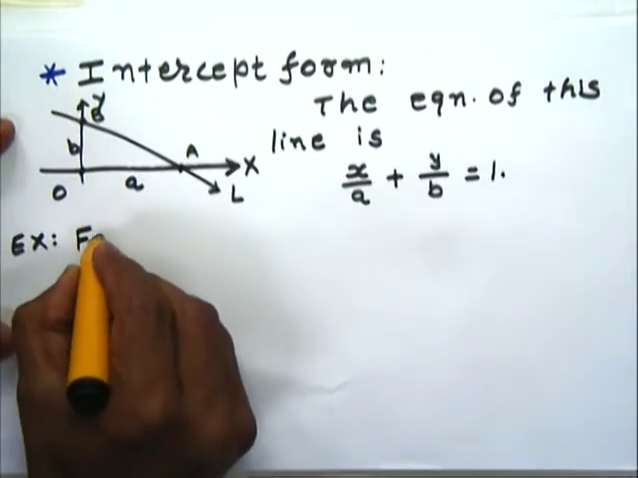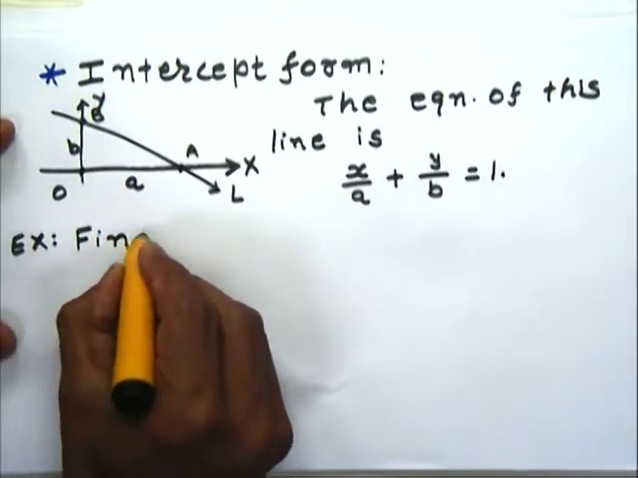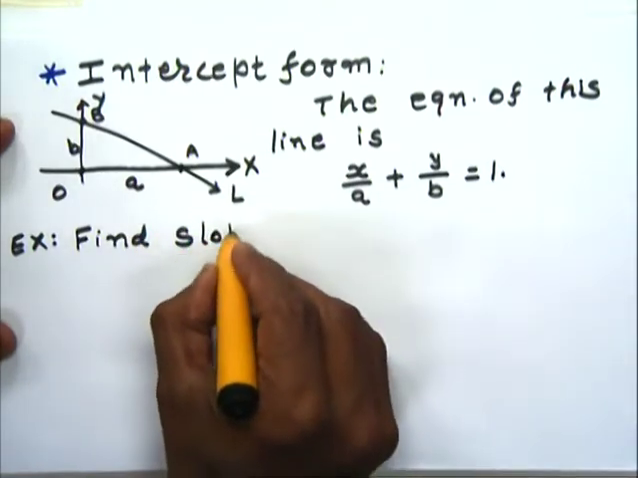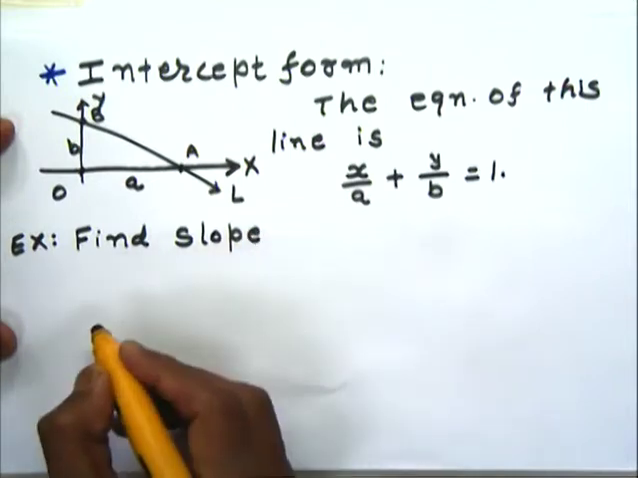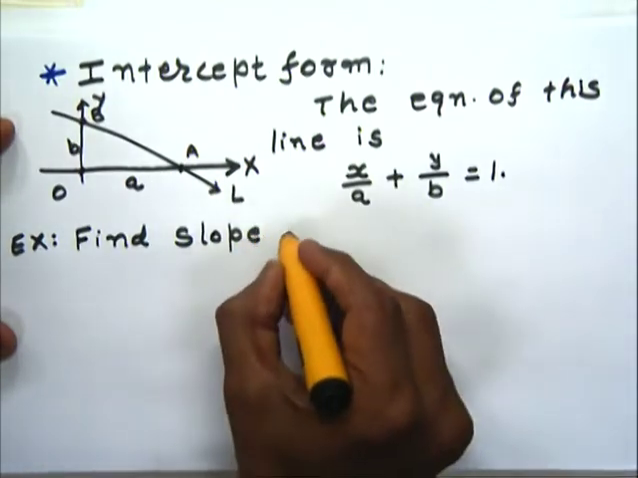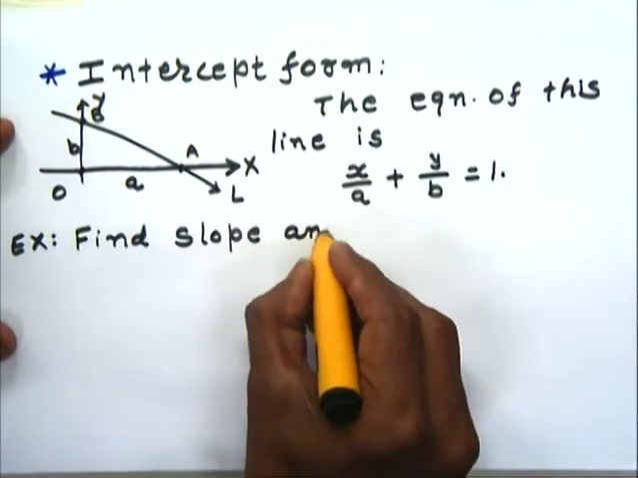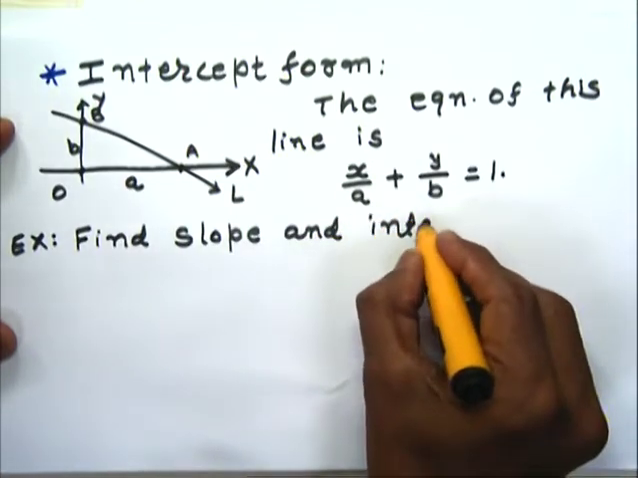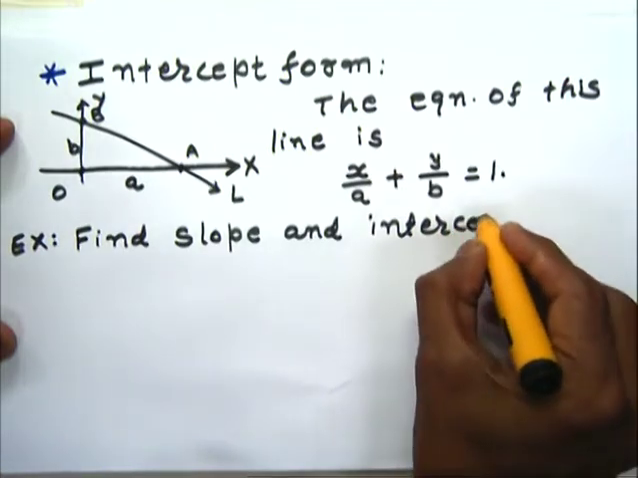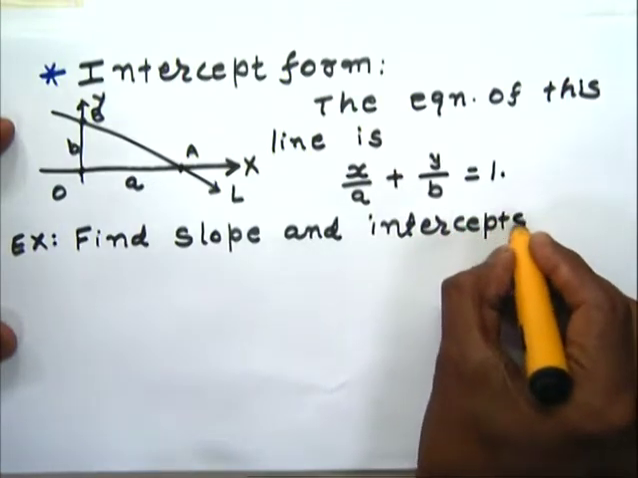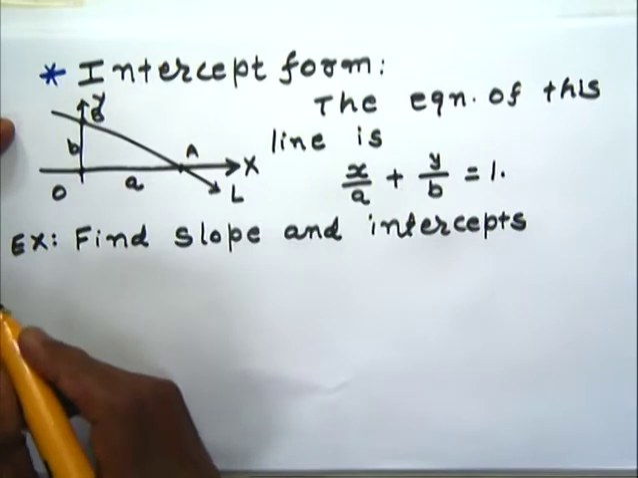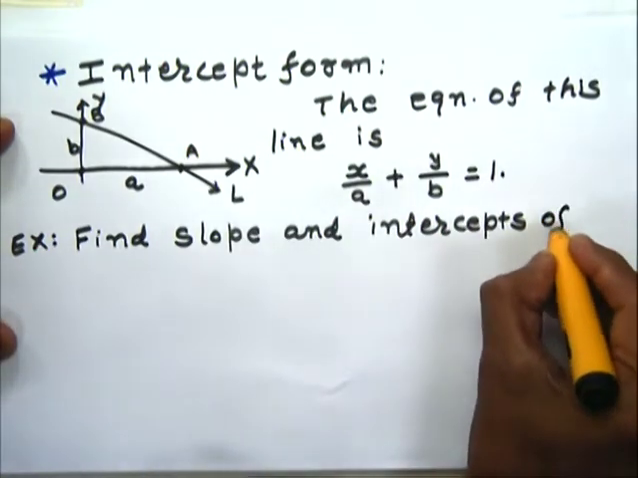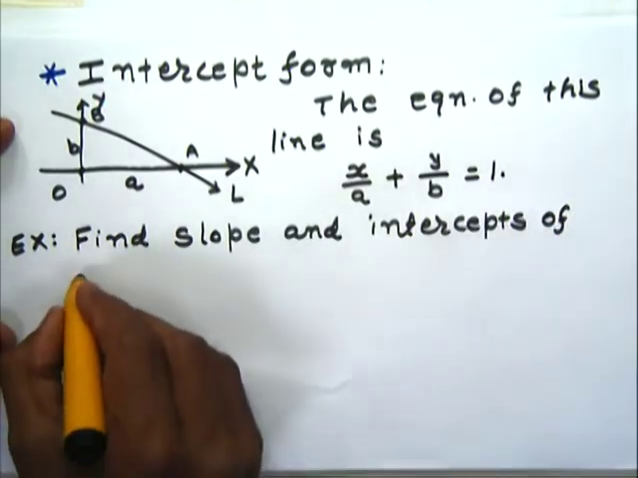Let us say, find slope, which in Gujarati we call dhal, slope and intercepts of the line